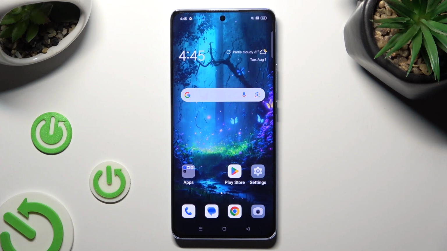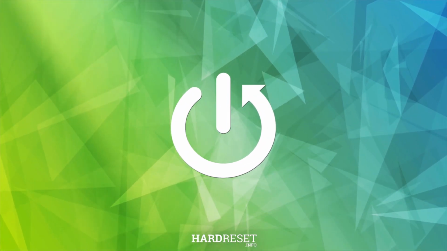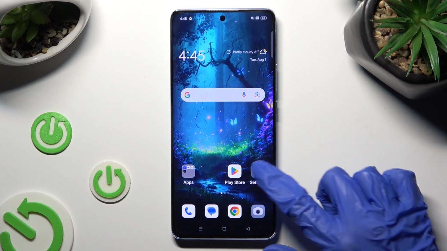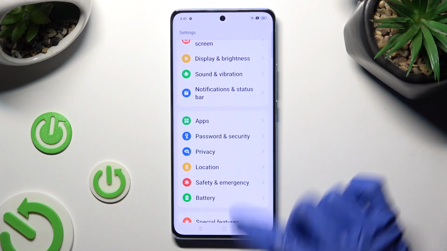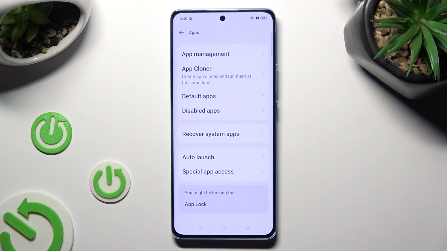Hi! In front of me is Oppo Reno 10 and today I would like to show you how you can operate App Cloner. You need to begin by going into Devices Settings and scrolling down to access apps. Then click on App Cloner